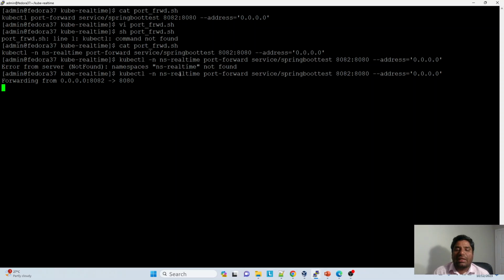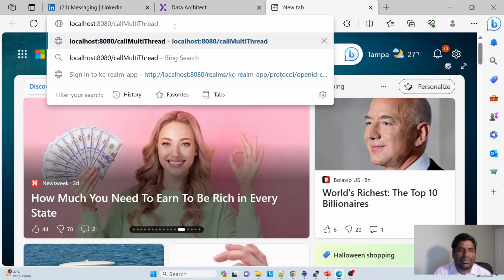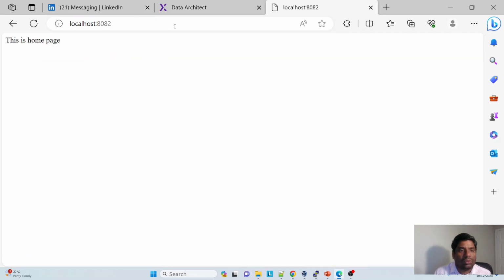So I am specifying the namespace, and this is the port forward I am doing for the service. I am saying that from the external I am going to access 8082, and let internally take care of 8080 as the port. Let me take this 8082 and go to the browser, say localhost, 8082. Now you can see that I have invoked